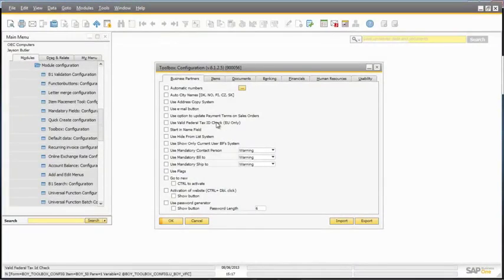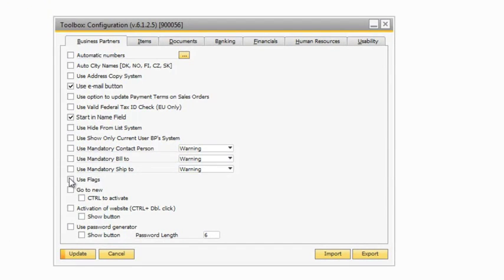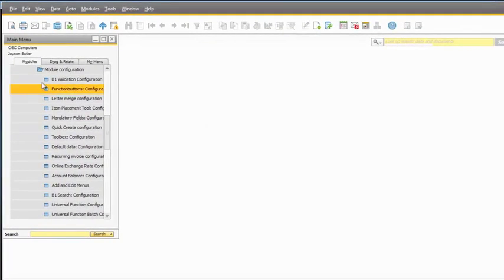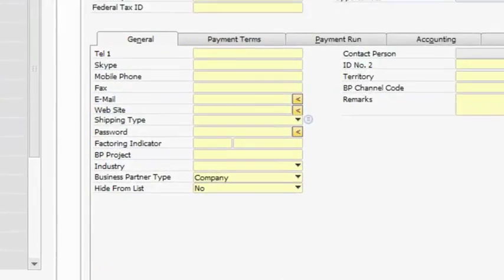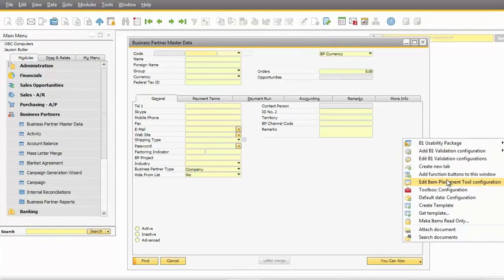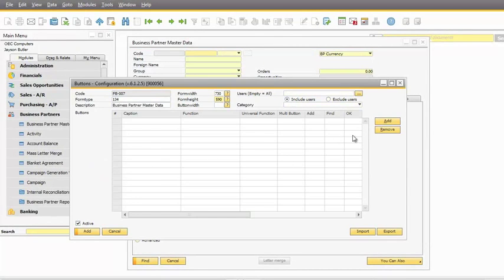Now, using the toolbox, I'm adding email and website launch buttons, specifying that the cursor should appear in the name field when I arrive at the screen, and putting national flags on the business partner screen, as well as adding a unique password generator. I'm now adding some function buttons so that the Business Partner Master Data screen has functionality